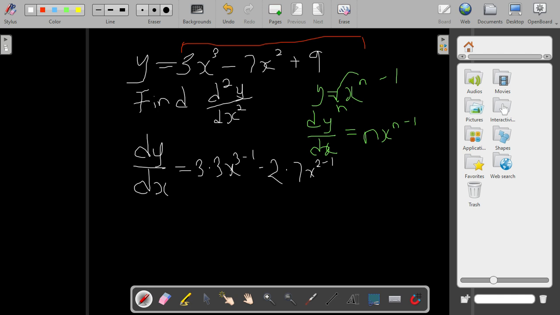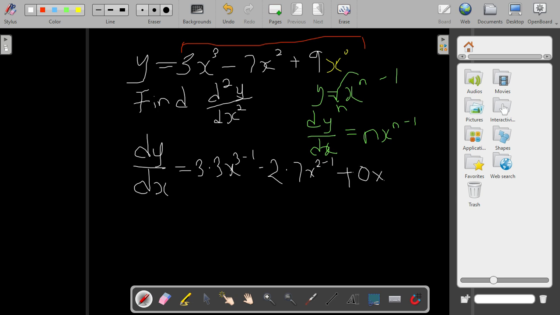Then don't forget that the variable attached to 9 will be x raised to the power 0. Why is it x raised to the power 0? From the zeroth law of indices, we are told that anything raised to the power 0 is 1. So 1 times 9 still gives you 9. So coming back to this place, this is plus: 0 comes down to meet 9, that's 0 times 9,